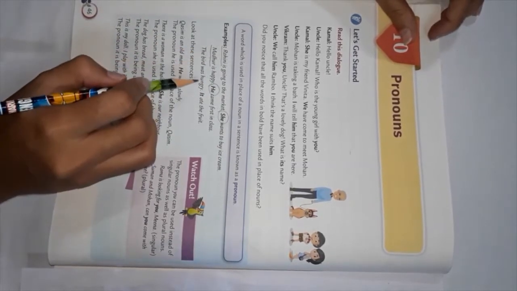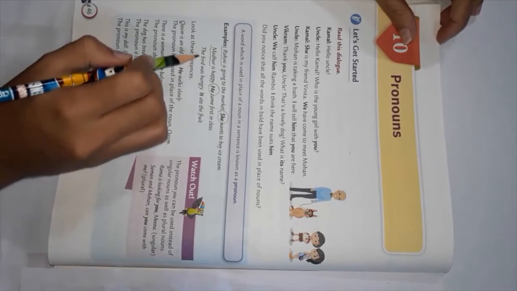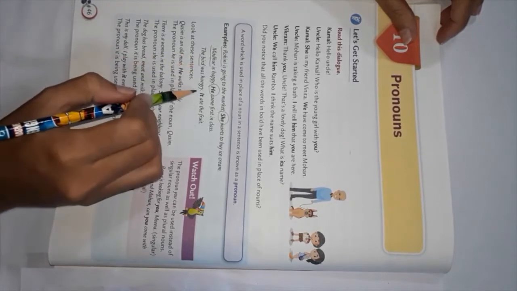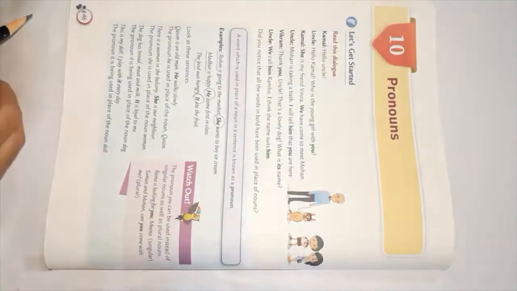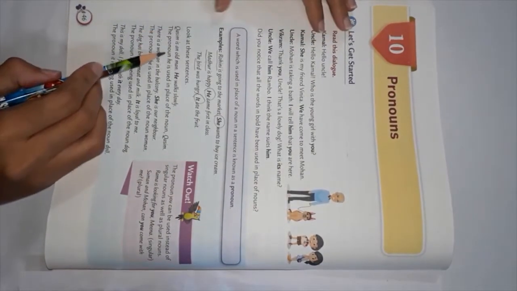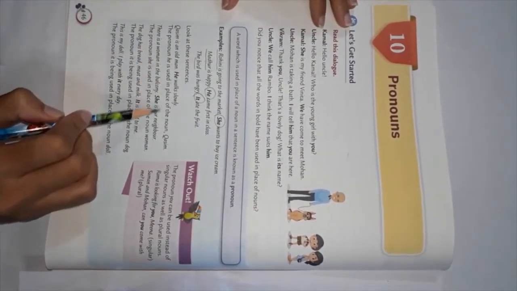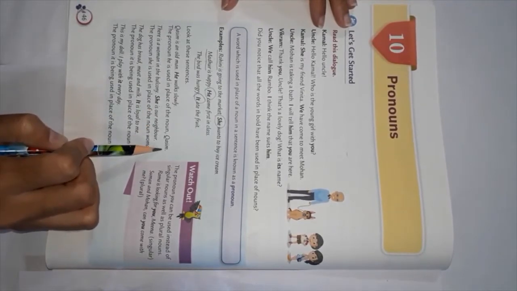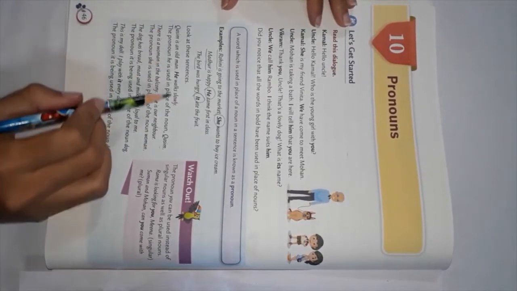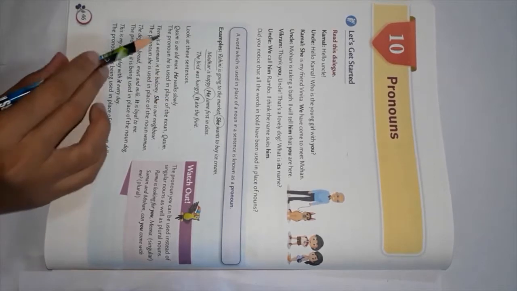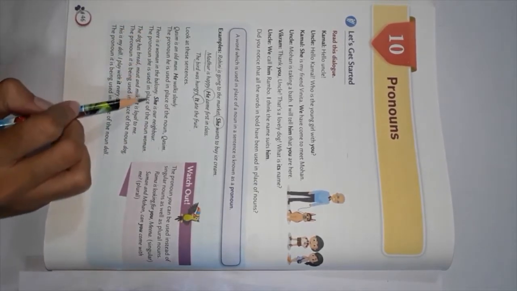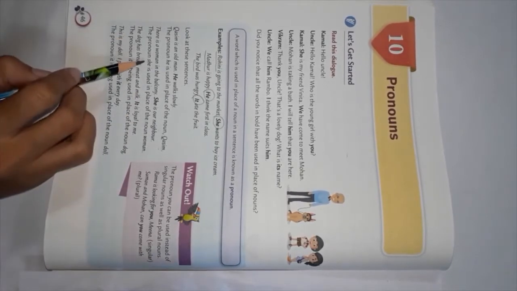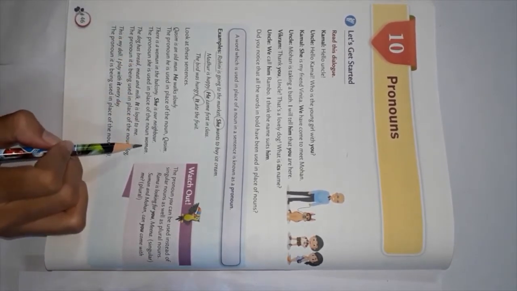The bird was hungry. It ate the fruit. Bird is a naming word and it is used in place of the noun. The pronoun he is used in place of the noun Qasim in this sentence. Qasim is an old man. He walks slowly. So he is used in place of the noun Qasim. There is a woman in the balcony. She is our neighbor. The pronoun she is used in place of the noun woman.